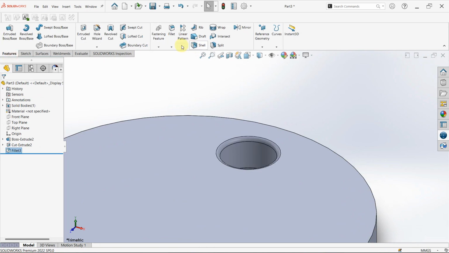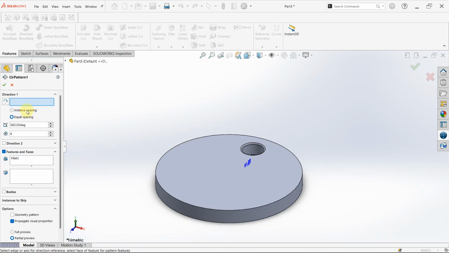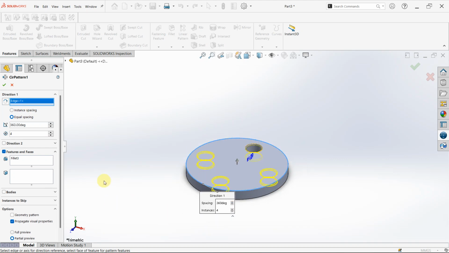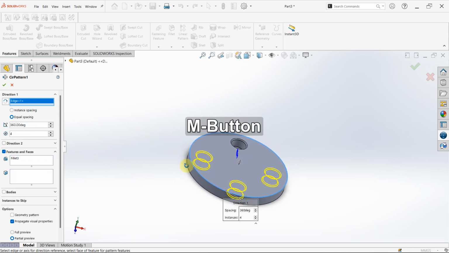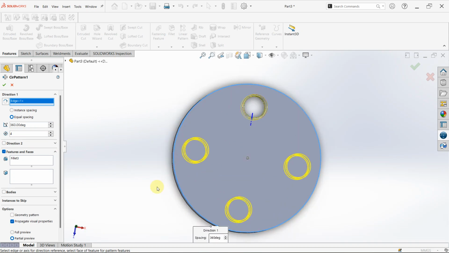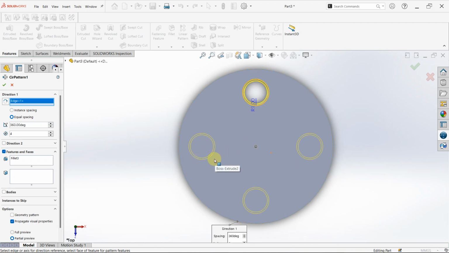I'm going to sketch tab and then circular sketch pattern. So the pattern axis, I'm going to use this edge and then number of instances 4 and the angle 360 degree, equal spacing. You have them equally spaced. So once I'm done,